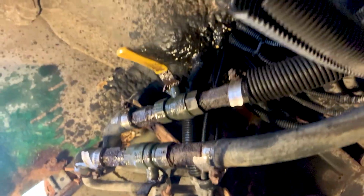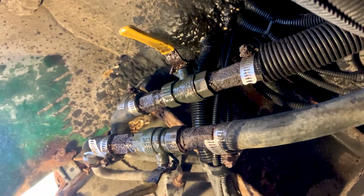up top. I had to use some of the spray to loosen them, and I had to use some pliers, hit it a couple times. So